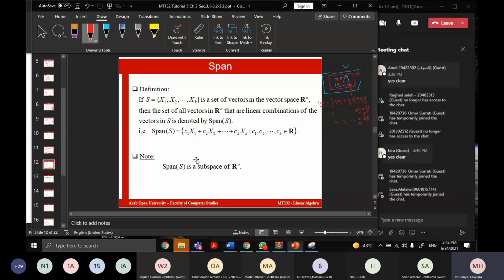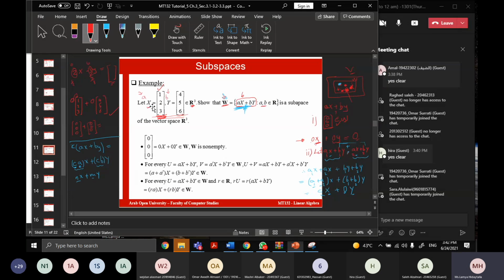The same as before, where there were only two vectors,